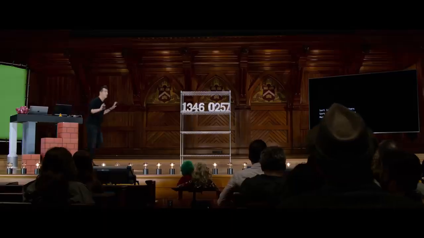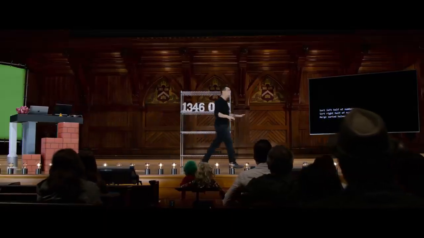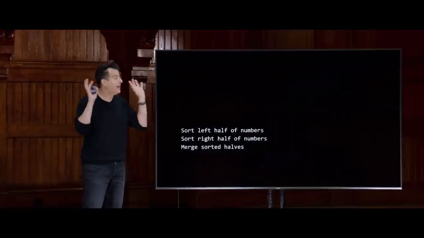But merge sort is an algorithm that I claim is going to be faster, even though it too will probably by design bend your mind a little bit. It's a little hard to wrap your mind around at first glance. But among its ingredients is going to be recursion. So the algorithm for merge sort is essentially this: 3 lines of pseudocode, which in and of itself sort of hints at the mind bending.